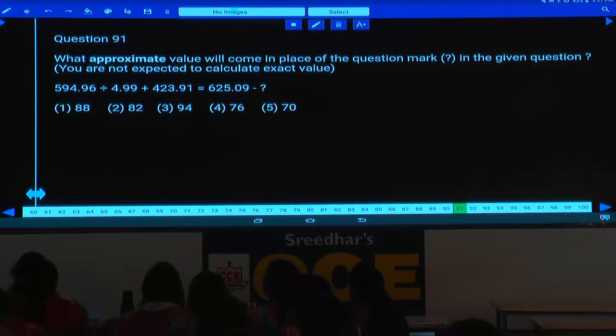595 divided by 5. 595 can be written as 600 minus 5. If it is 600 by 5, that is 120. Minus 1 time you have. That means total 119 plus